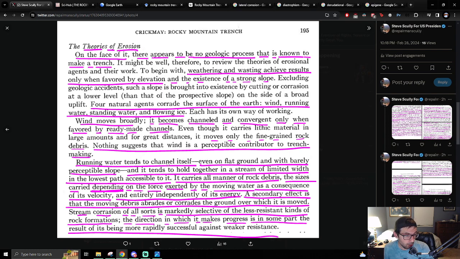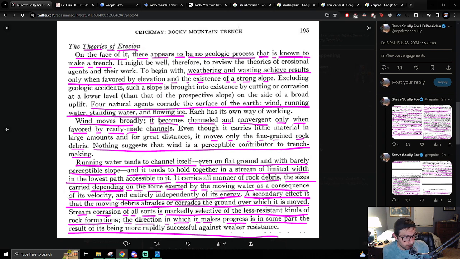Even on flat ground and with barely perceptible slope, it doesn't even matter if there's slope, if there's pressure behind it and around it, if it's contained enough, at a depth enough, then the slope doesn't really matter. It's still going to flow on the slope, especially if there's pressure behind it pushing it up the slope. And it tends to hold together in a stream of limited width in the lowest path accessible to it. It carries all manner of rock debris, the sizes carried depending on the force exerted by the moving water as a